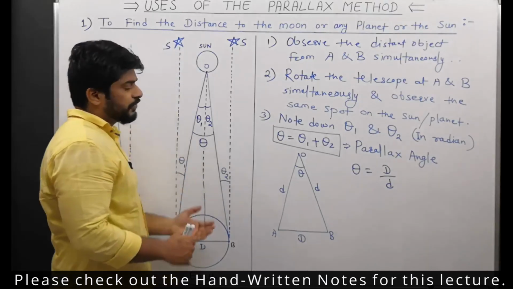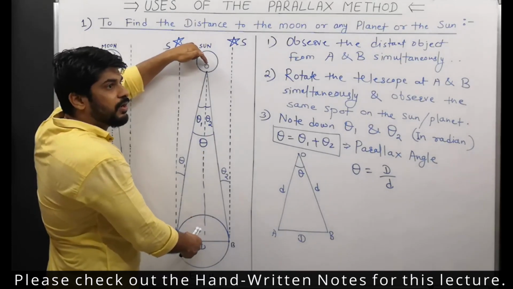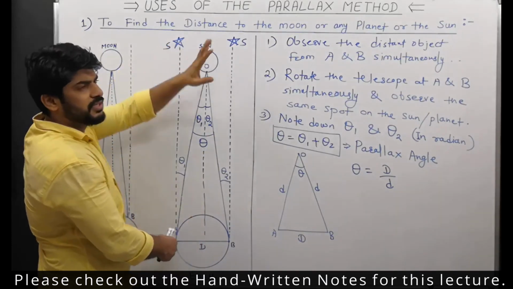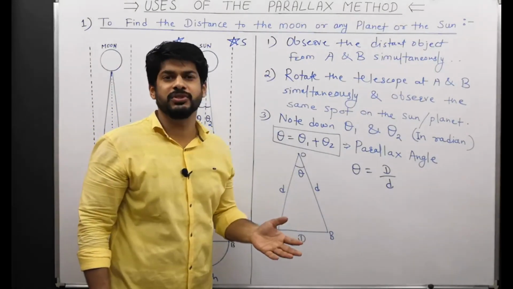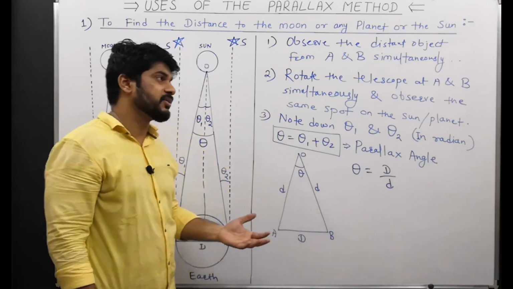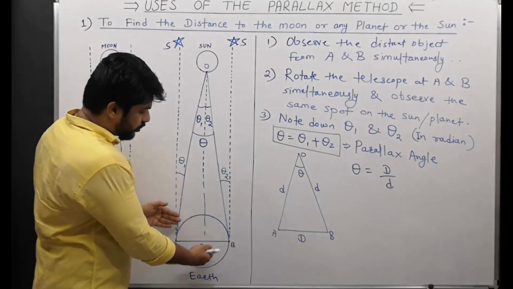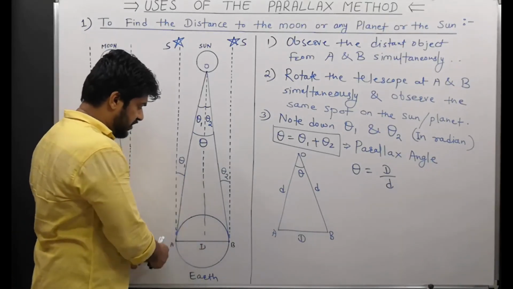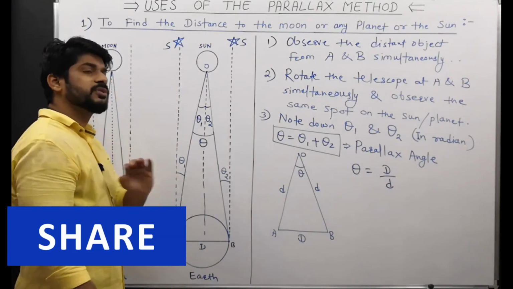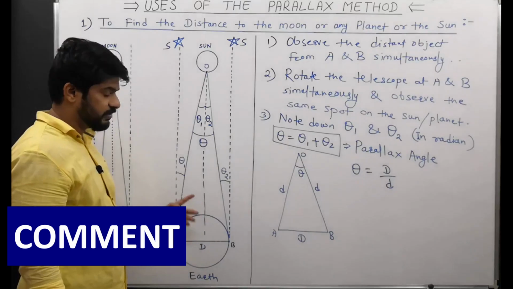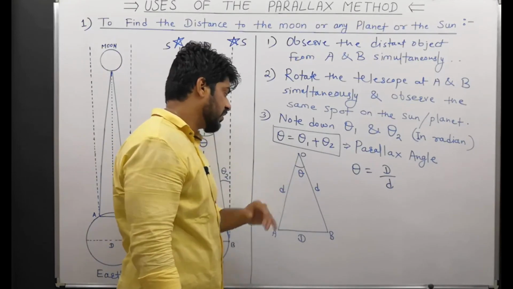If in case this distance is not nearly the same as this distance, then you can use other properties of the triangle and you can solve that. That is no problem. But in general cases, especially in these cases, you don't need to do that, because I don't think there is any difference between this and this distance from the sun to the earth. Almost the same, because this one is negligible in comparison to this. That's why we neglect it and we just use this diagram right here.